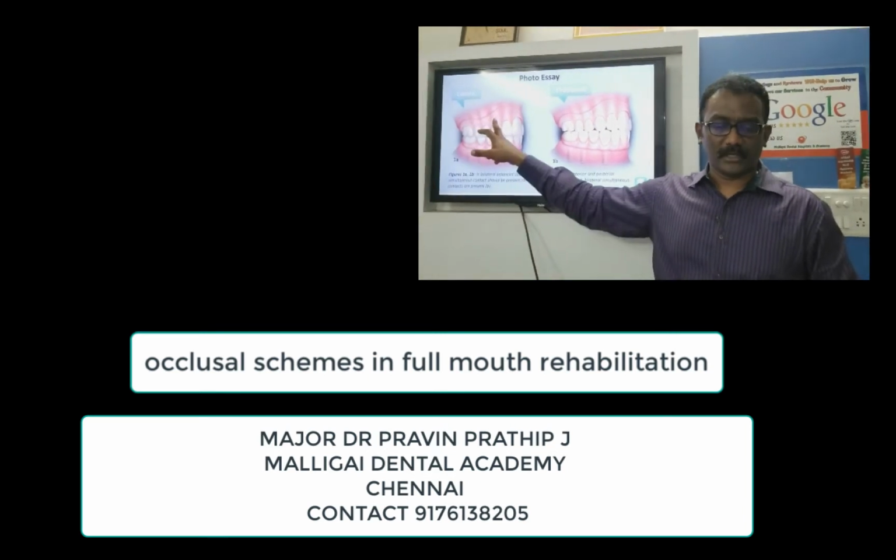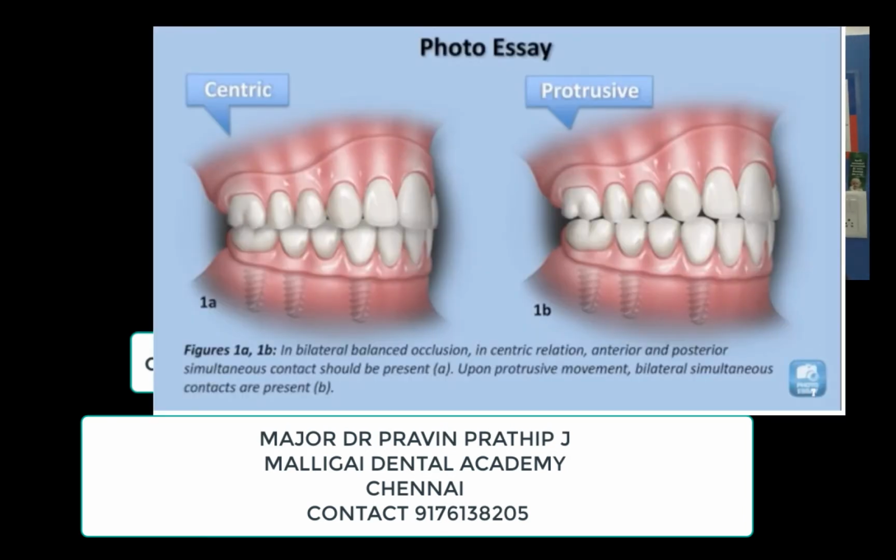So if you see in this photograph, this is in centric occlusion you can see, and this is in protrusion. When the lower jaw moves forward, you can see all the teeth are in contact, the anterior teeth and the posterior teeth. So you can see this is called balanced occlusion. So in the next picture,